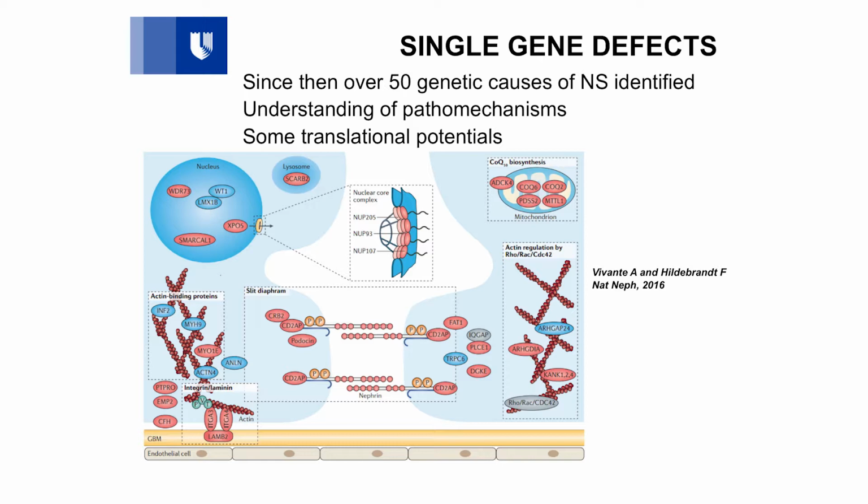However, from all these studies, some things have come out clearly. First is that the defect is in that cell called the podocyte. The second thing is that we know that the majority of patients with genetic nephrotic syndrome will not respond to the first-line therapy, that is corticosteroid. That's the second one. The third point that has come out clearly was the point that I made this morning